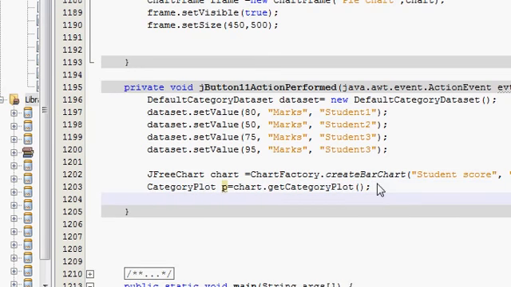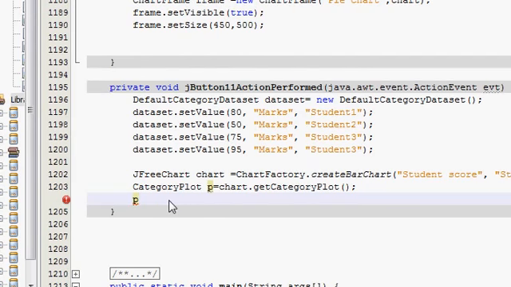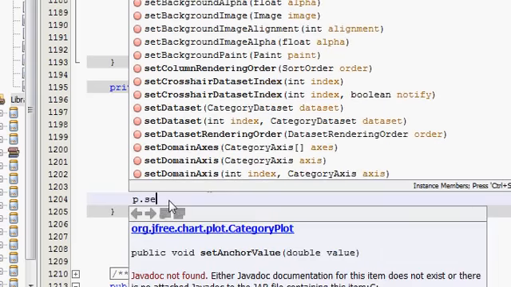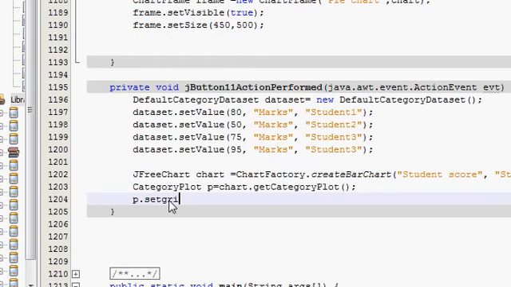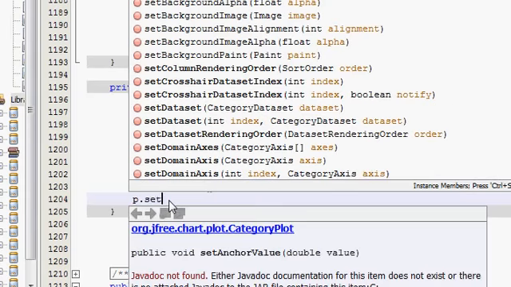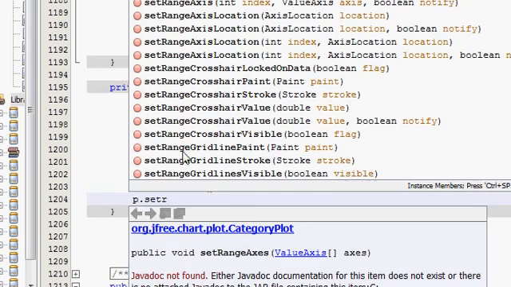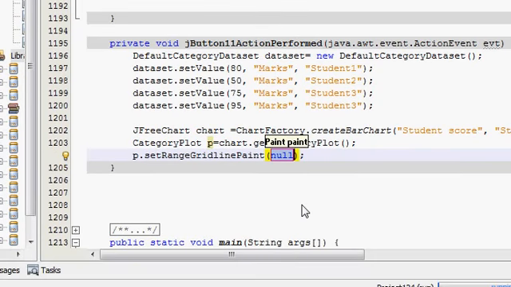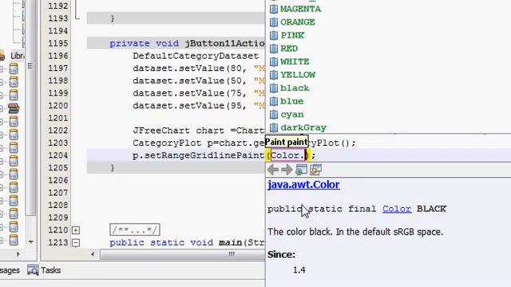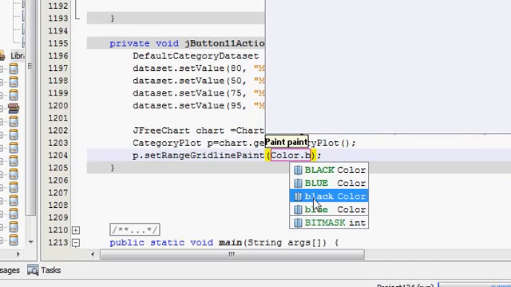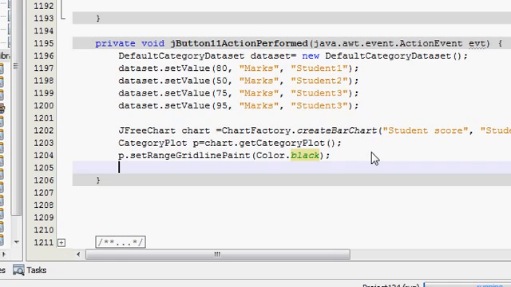and after that we will use P, which is this variable P, dot setRangeGridlinePaint, I will give it a color for the grid, Color dot black. I will give it black color for the grids, and then I will define